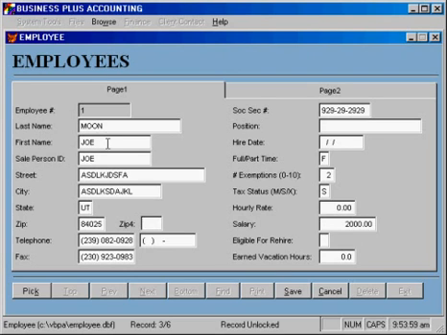But then you have the last name, first name, salesperson ID, which will be used in the sales tracking system to keep track of commissions or sales that have been brought in by that specific employee. We have their address information, telephone, fax number if they have one, and then social security number, which is used in the payroll module,